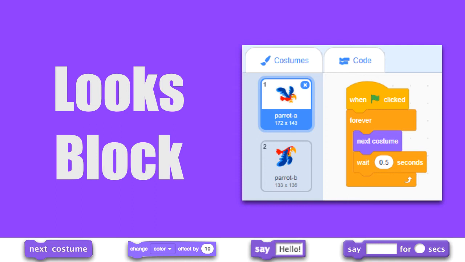So to change the appearance of a sprite, we use looks block, and from looks block menu we will use different blocks that are next costume, change color effect by 10 and say blocks. So let's learn and see the usage of these blocks one by one.